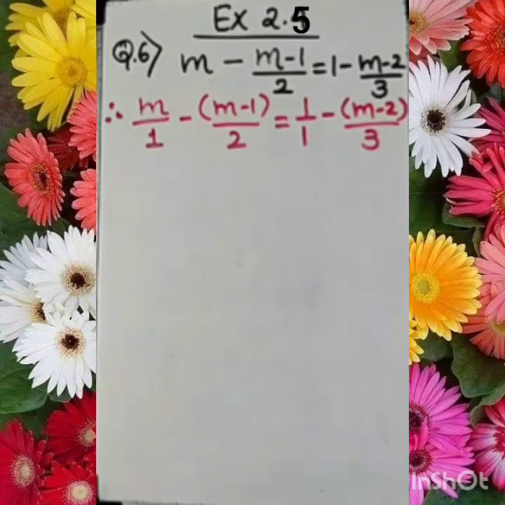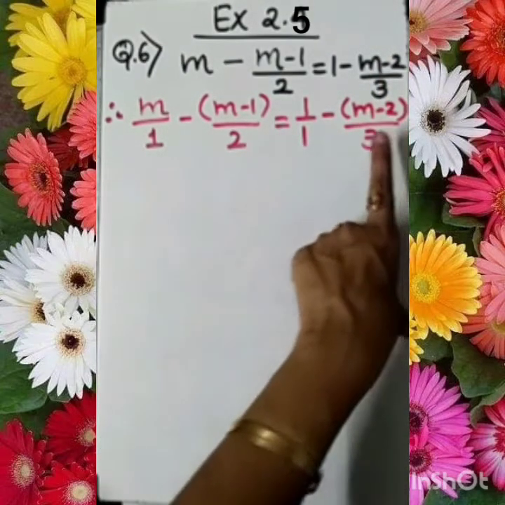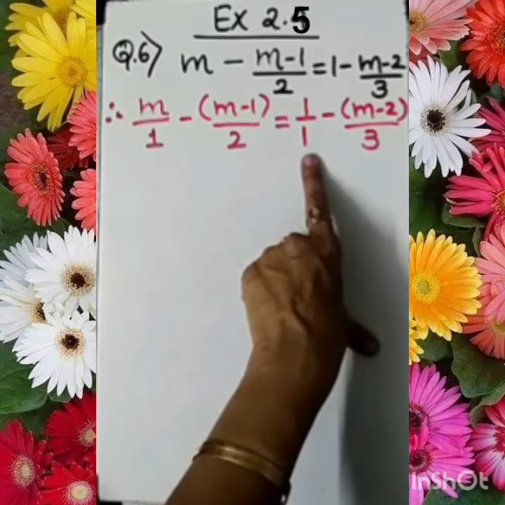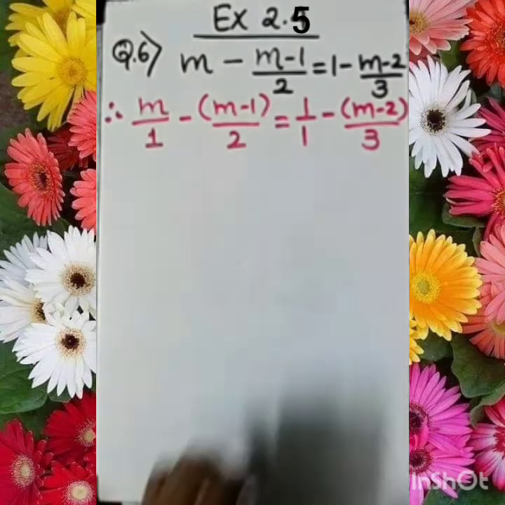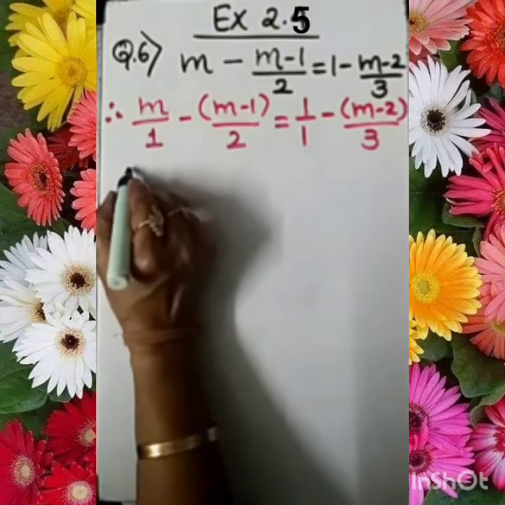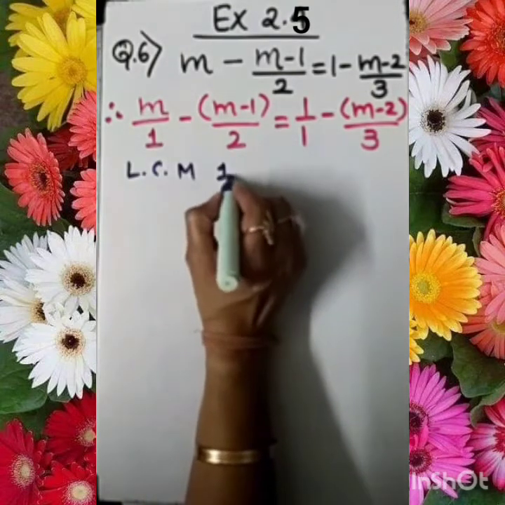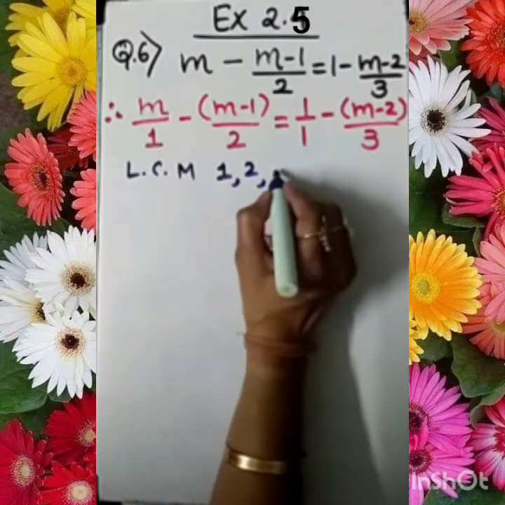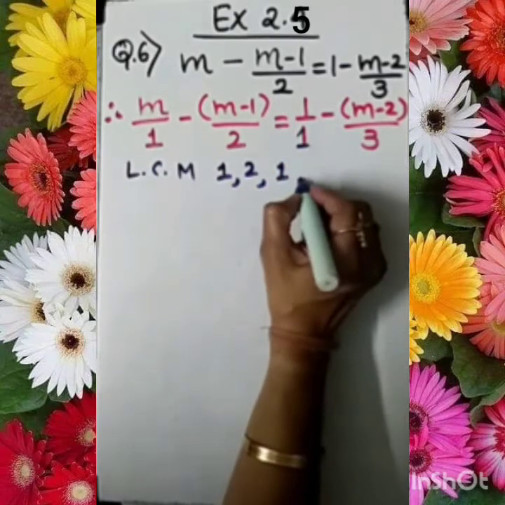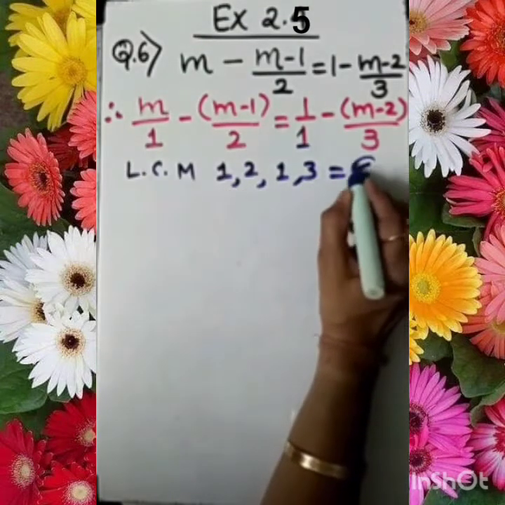You can see on your screen I have written this m minus 1 in brackets and this also in brackets, and here it is nothing. Okay, so I am considering 1 as the denominator. Now, as we know, take the LCM of all the numbers together. So, all the numbers included, the LCM of the denominators 1, 2, this is also 1 and this is 3. We know the LCM of these numbers is 6. Right?